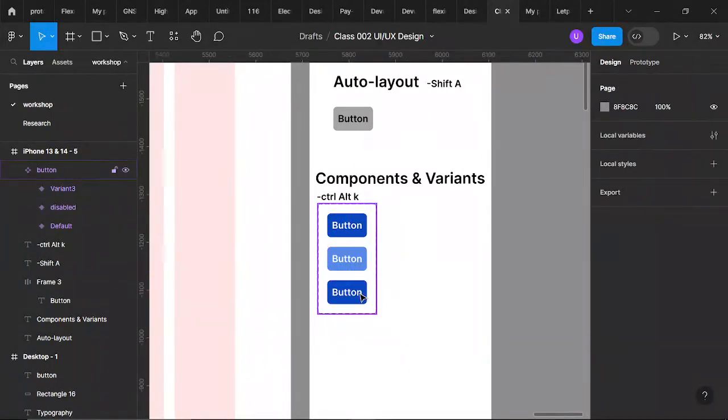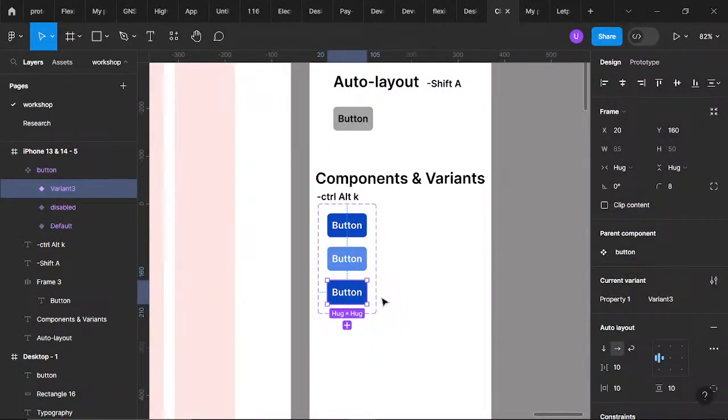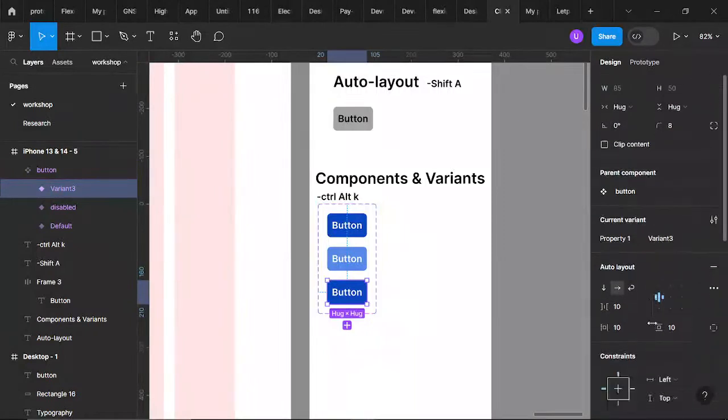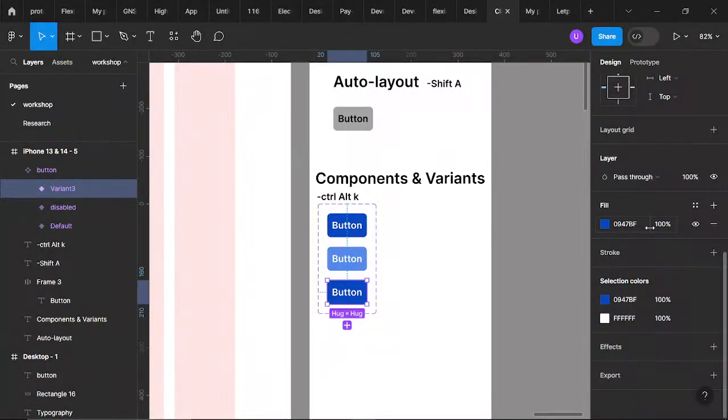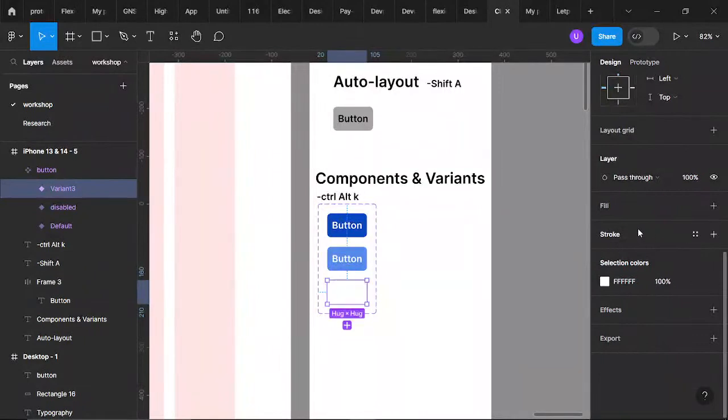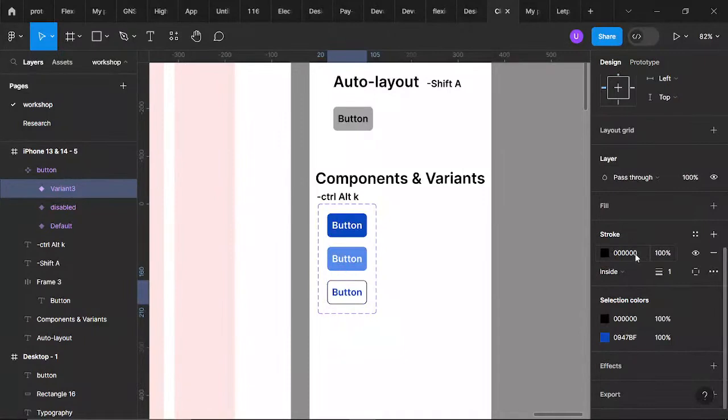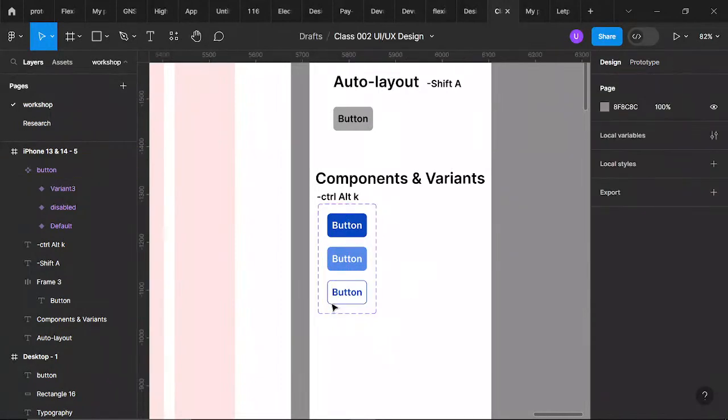Now you want to make this one an outline button. You know that outline is when you have a stroke without a fill. That's what outline is. Let me copy this color first. We'll be removing this blue fill, which means it does not have any fill, and we'll be changing the white to blue, and we're giving it a blue stroke also. So this is an outline button.